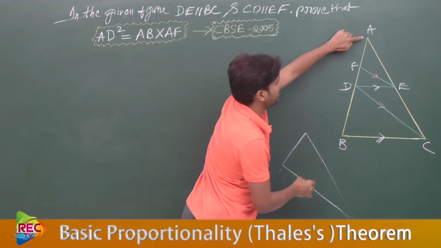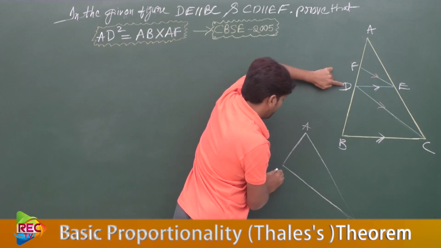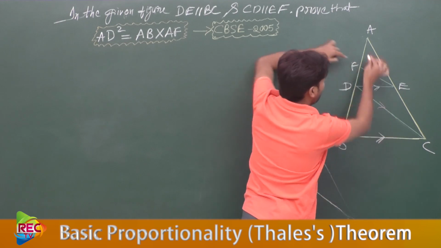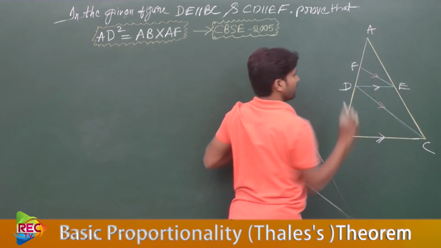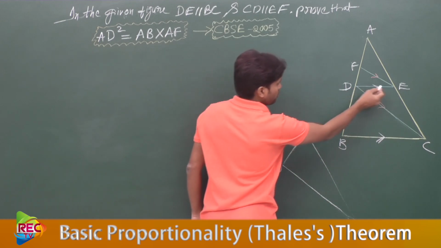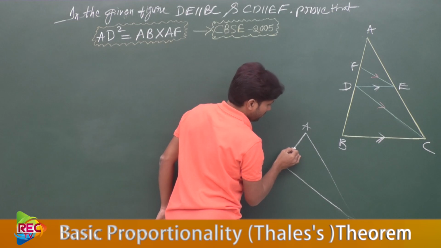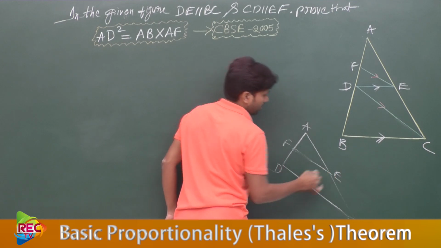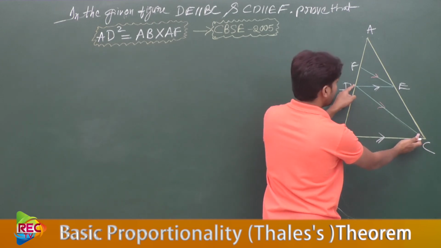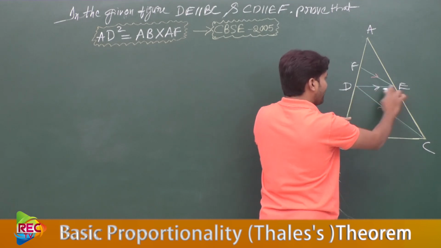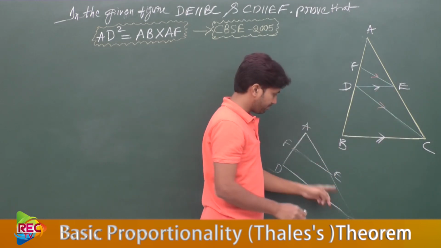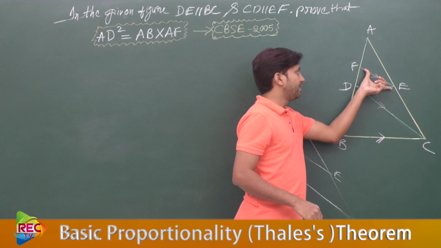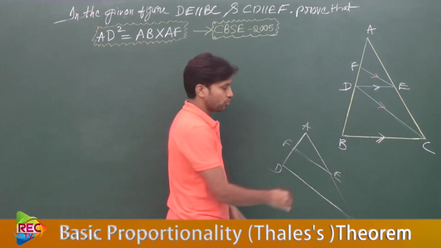This is triangle ADC. Let this be A and let this be D and let this be C. I am taking this segment of the figure, right? And then let us choose the line segment EF here. Like this, it is there or not? So this and this are given parallel. I'm not taking DE here. I'm not considering that. Just this part I have considered. So that means in this triangle ADC, EF is parallel to DC, which is given.